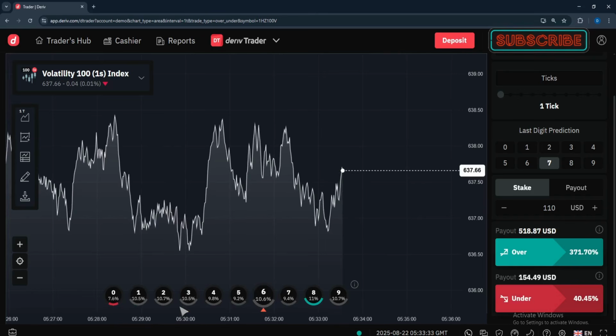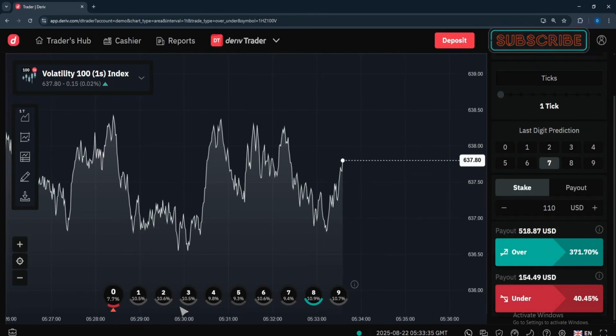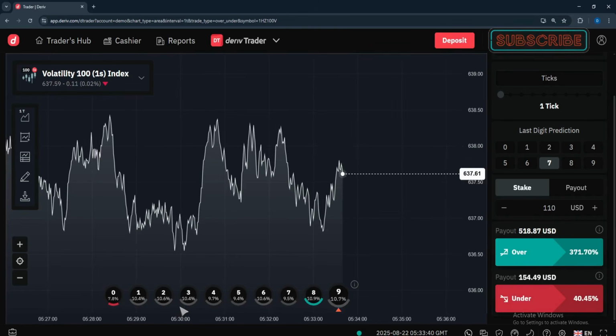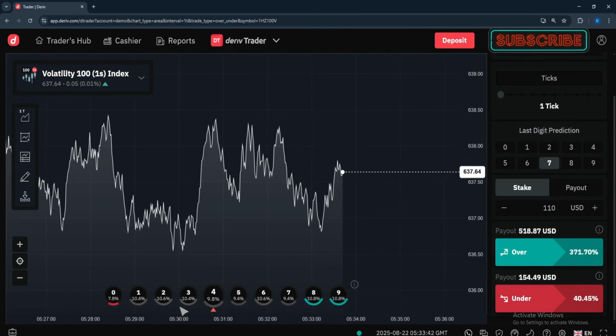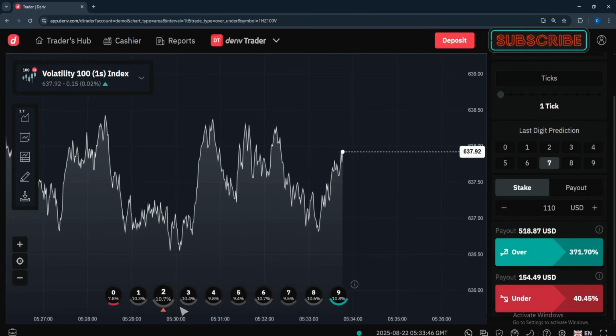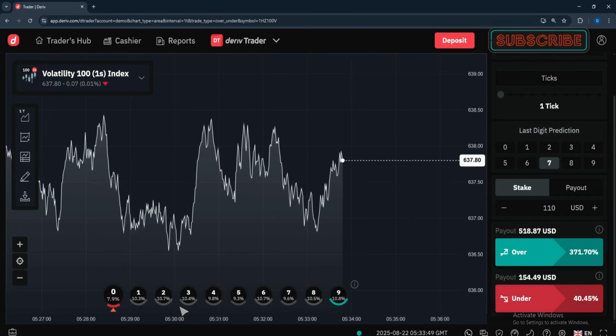Yeah, so anytime you'll see that it has touched 0 alone, you press over. But this only applies to over 7 and over 8. Or you can wait for the ticker to touch 3 other numbers, with 1 being the last, and then you press over. But that is it. But I can advise you to use a bot, because a bot will be better at